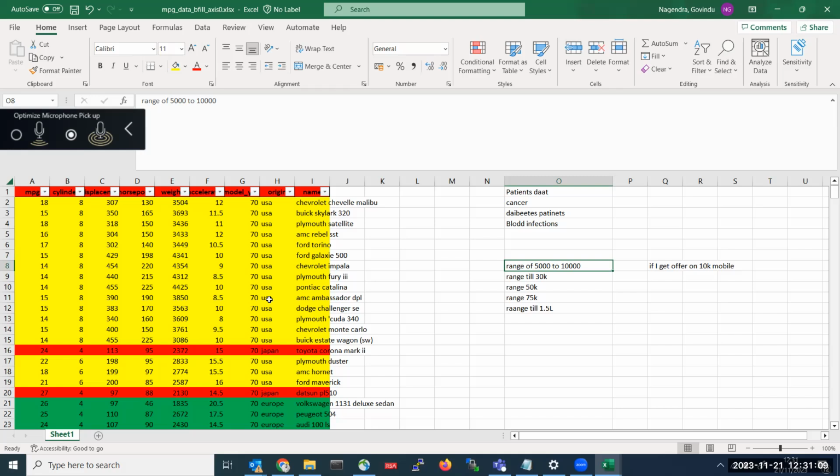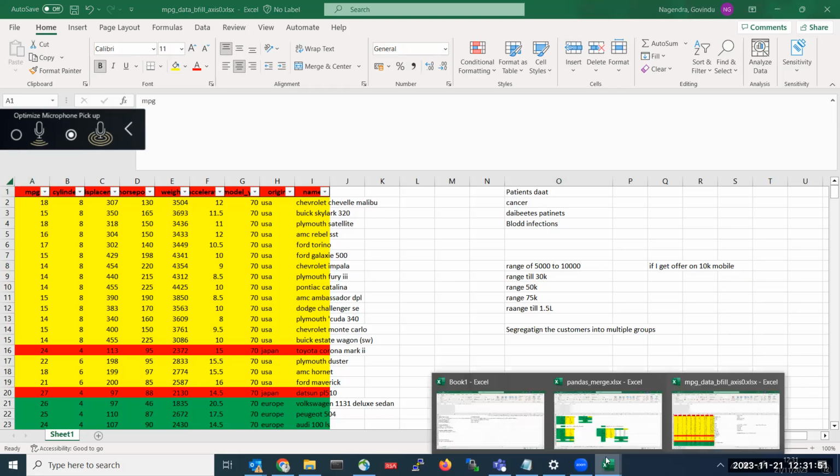That's why artificial intelligence came into the picture, to reduce the efforts of human beings. So I will just apply my machine learning algorithm on whatever data I do have. I will simply group the customers into multiple groups, that is segregating the customers into multiple groups. For this purpose, unsupervised learning algorithms will be used. So this is the entire story behind unsupervised learning.